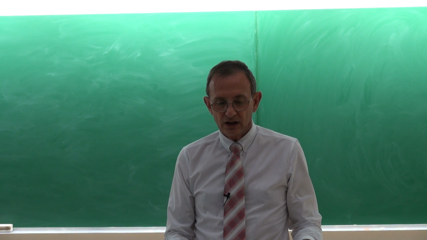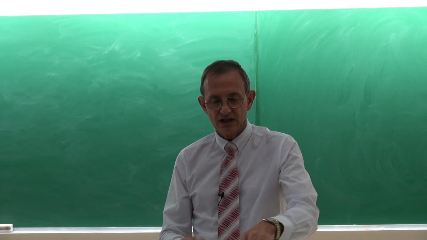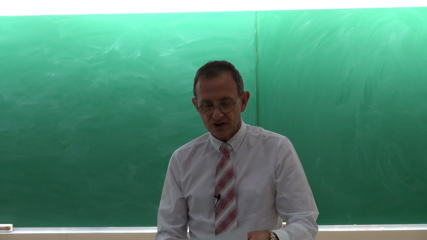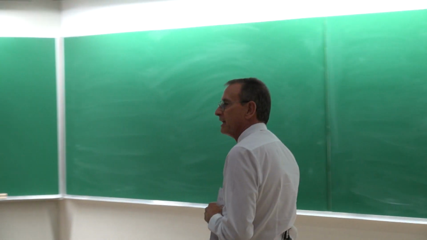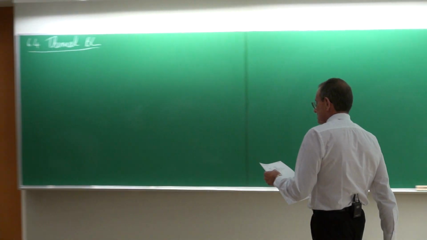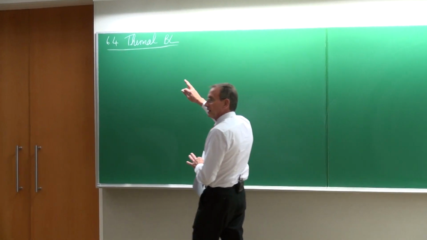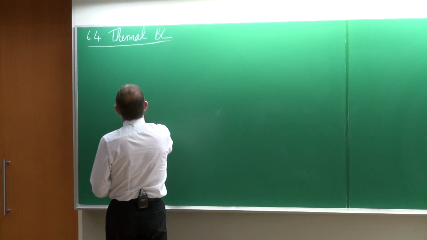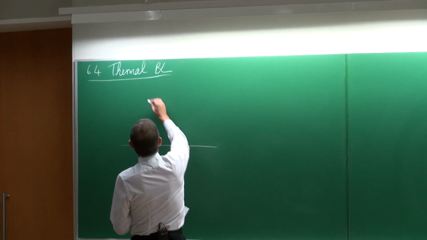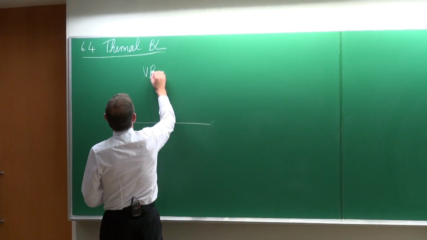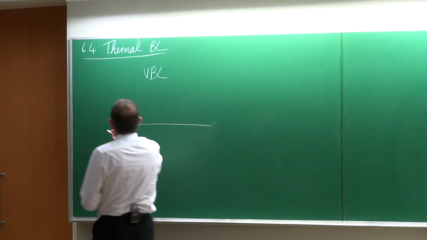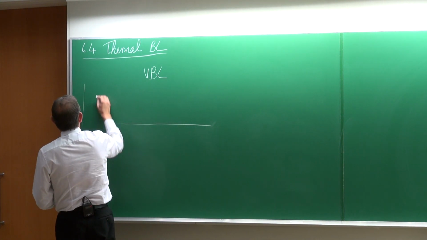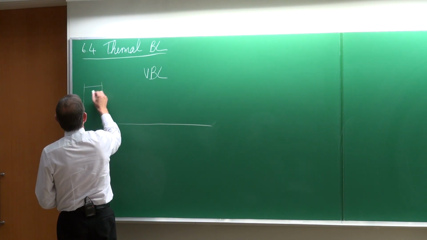And today we are going to start with something that is new, but also you will see very similar to what you have found in fluid mechanics. And that is the thermal boundary layer. Now, just before we get to the thermal boundary layer, let's look at the velocity boundary layer. So VBL is just a velocity boundary layer, and we consider the case of having a free stream velocity